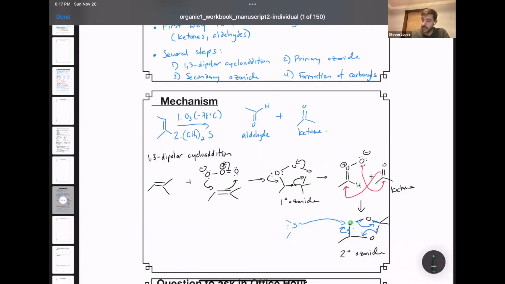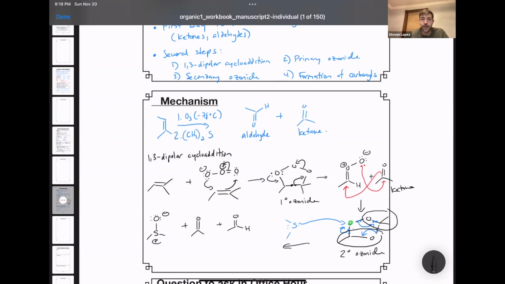Notice that the oxygen that I'm going to redraw, maybe highlight in green, is now going to be attached to the initial dimethyl sulfide. So tracking all these different bonding changes, what's resulted is the addition of an oxygen to dimethyl sulfide, and we've created a ketone, which is this piece right here. And we've created an aldehyde, which results from this piece right here, okay? So from there, you can make the two products, the ketones, the aldehydes, and the dimethyl sulfide and the dimethyl sulfoxide.